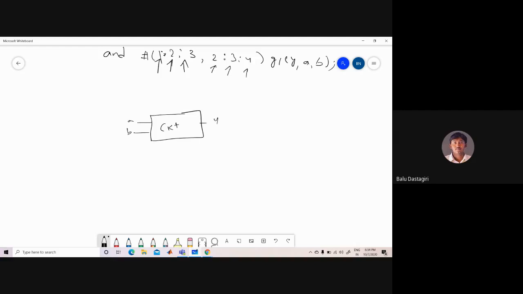Whatever inputs we want to give, the test cases, we can write the total test cases in terms of a test bench program, and we can assign this test bench program to this circuit. That means CUD, the circuit under design. For this circuit under design, we have to write the test bench.